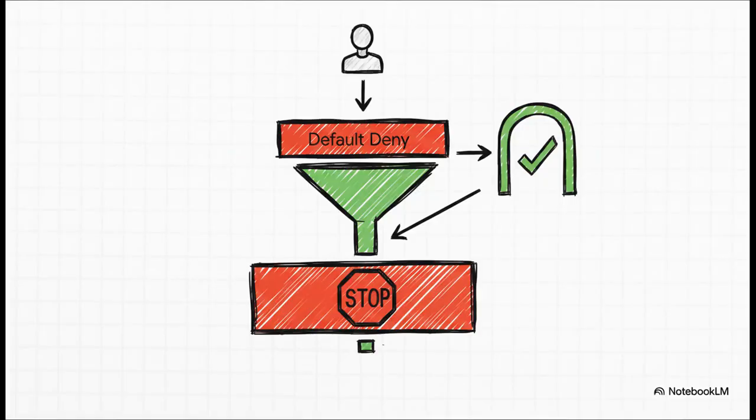So what happens when you have a bunch of different rules that might apply to one person? How does IAM make a decision? The logic is just beautiful because it's so simple and secure. First, by default, everything is denied. You have to be explicitly allowed to do something, and an allowing policy can grant you that access. But, and this is the most important part, a single explicit deny statement overrides everything. If there's a deny, it doesn't matter how many allows you have, denial always wins.